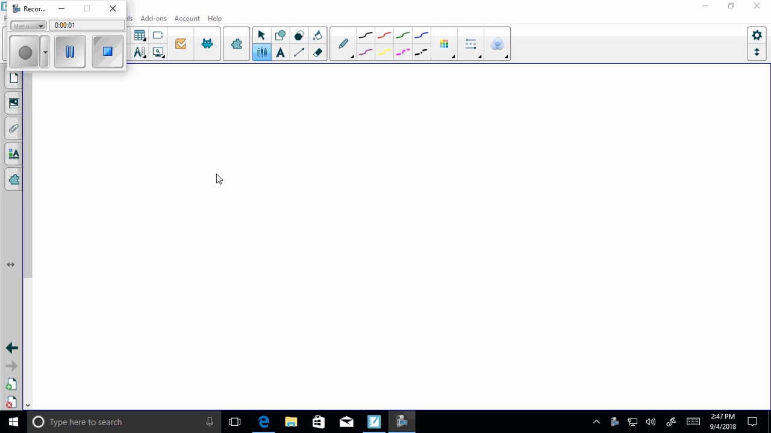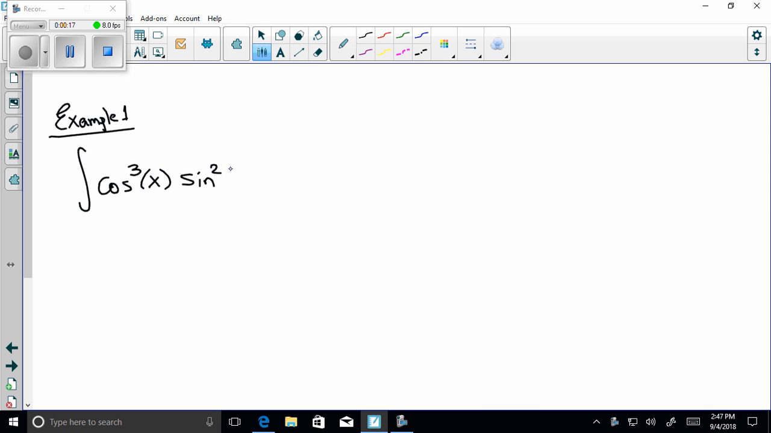Okay, so this is the example that I'm going to do. Example 1. Let's do the integral of cosine to the power 3x sine squared x dx. So the first thing you're going to do is you're going to look at this and